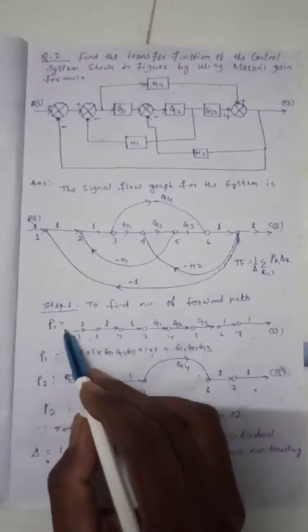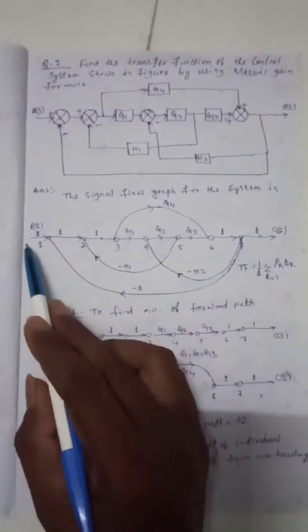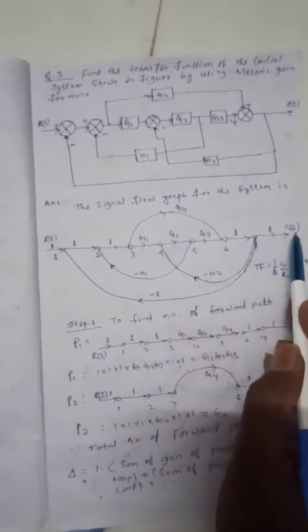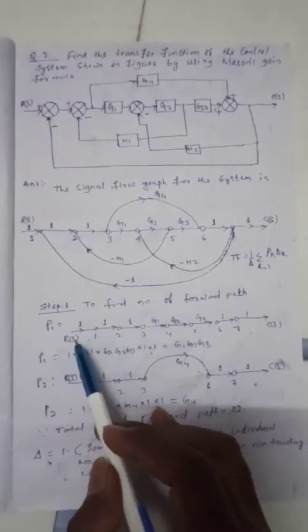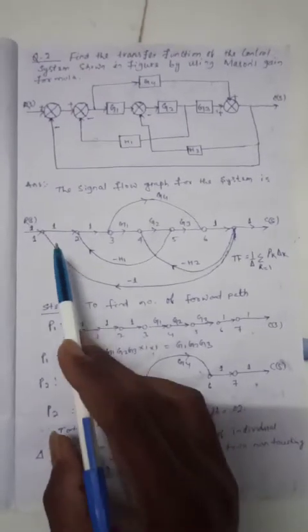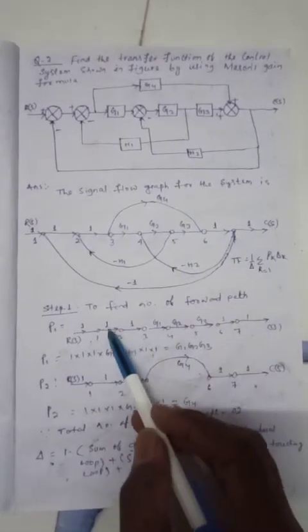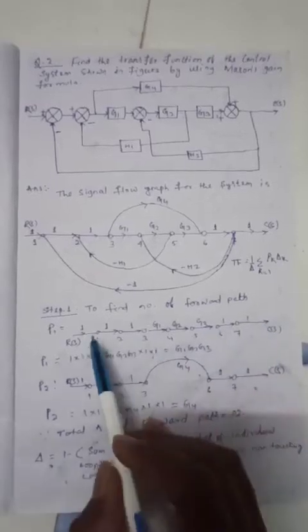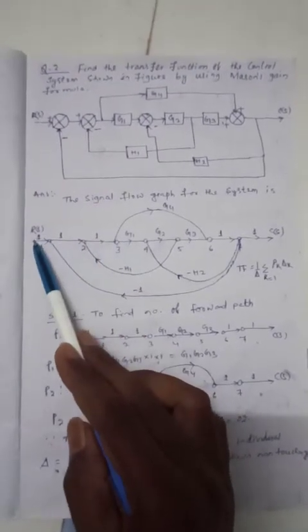So here I am taking forward path 1, P1, that is node point 1 to 7, and it is directly connected from the input to the output. Look here in this way. Clear? So I am making this forward path 1, so we have to construct this: 1 2 3 4 5 6 7. So node number 1 2 3 4 5 6 7.